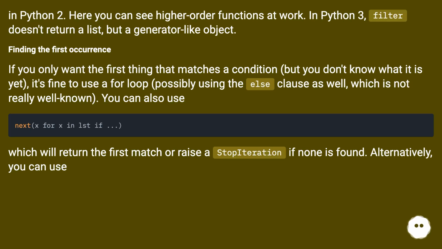Finding the first occurrence. If you only want the first thing that matches a condition, but you don't know what it is yet, it's fine to use a for loop, possibly using the else clause as well, which is not really well known. You can also use next, which will return the first match or raise a StopIteration if none is found. Alternatively, you can use